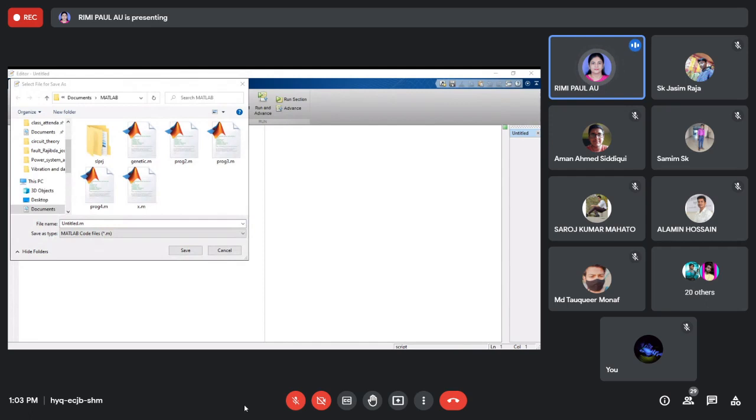You cannot use any command as a file name. Also, when you give a file name with a space, suppose program space 1, it will not work. If your file name is not correct, you will always get an error whenever you run the program.